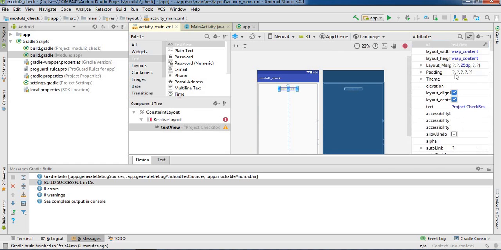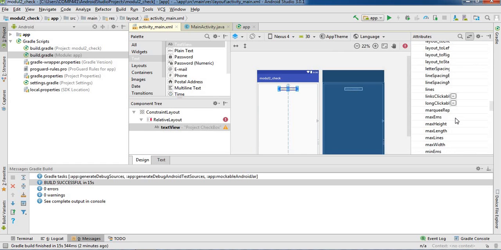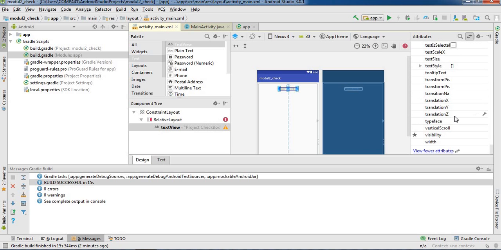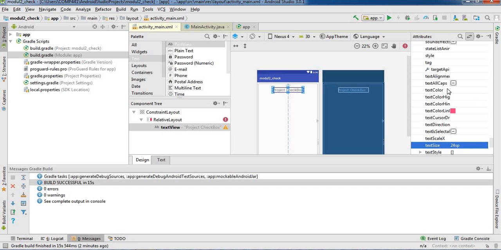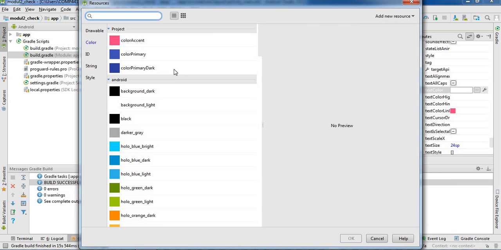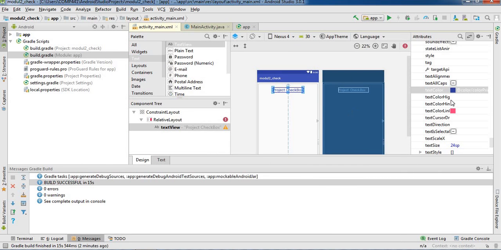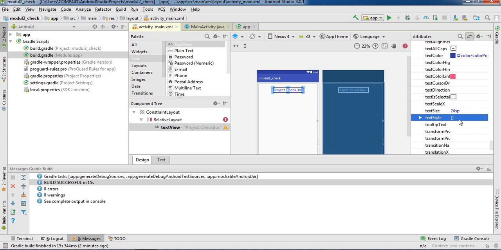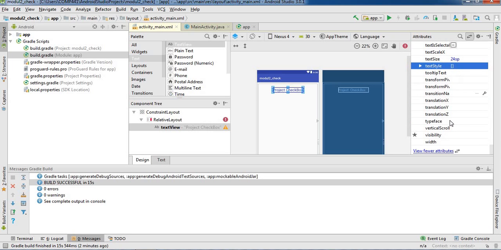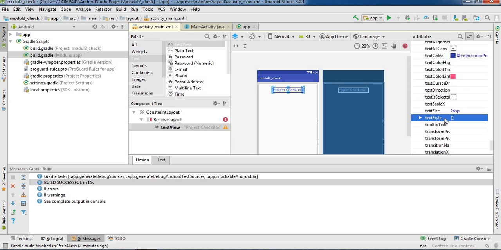Again, we have to give the color properly for better looking, so here I'm going to resize the text, and I'm going to change the text color. That's it.